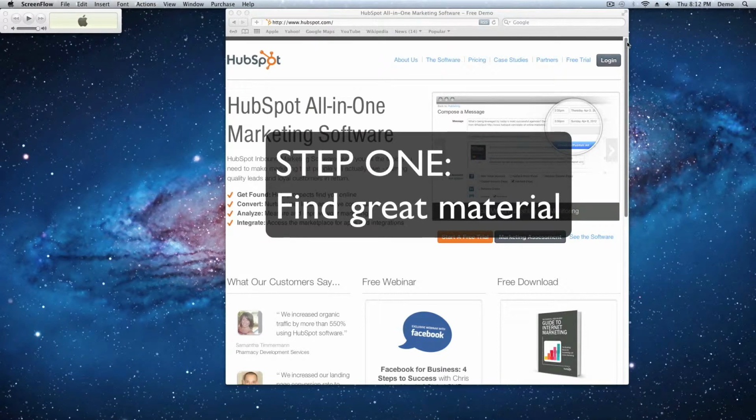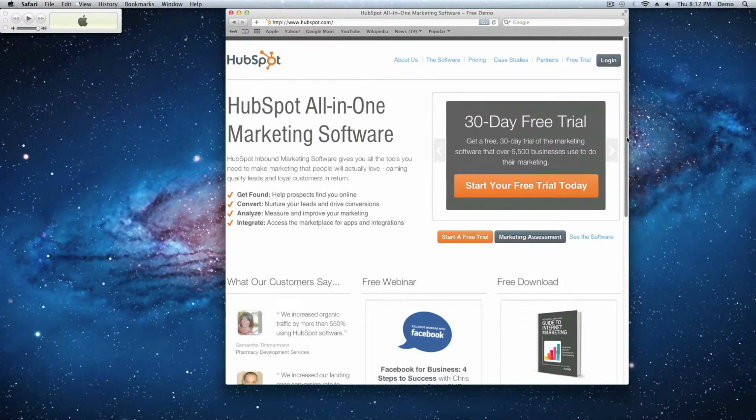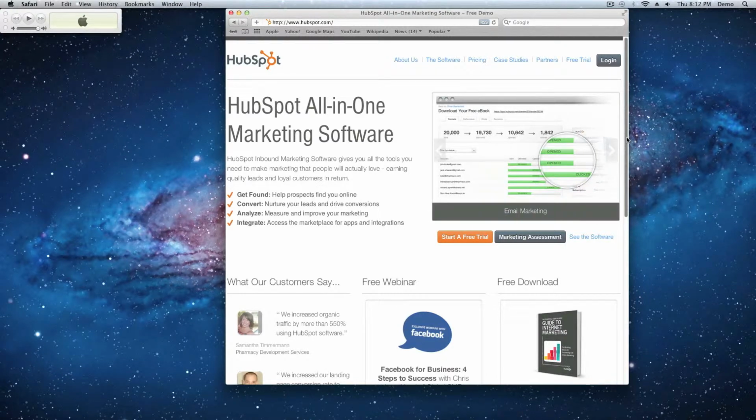document onto your iPad. There's a lot of great material out there on the internet available for free, and some of it's quite elaborate, quite sophisticated, but you don't necessarily want to print it all out because that'll kill your printing budget for one thing, and for another thing, it's just really handy to have it all stacked up in one place. And so this is how you're going to load it onto your iPad so you can take